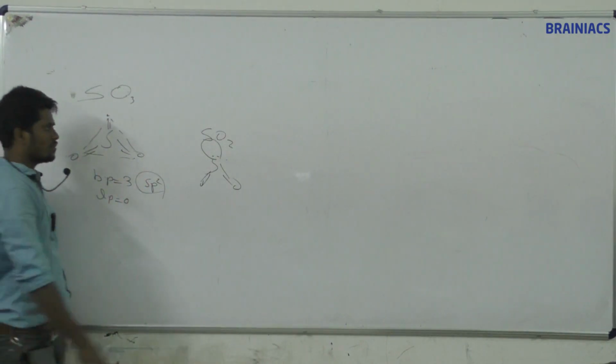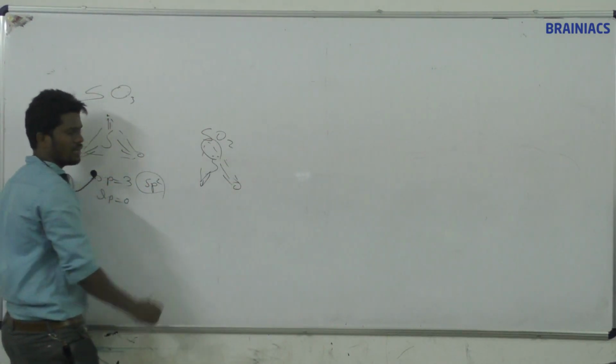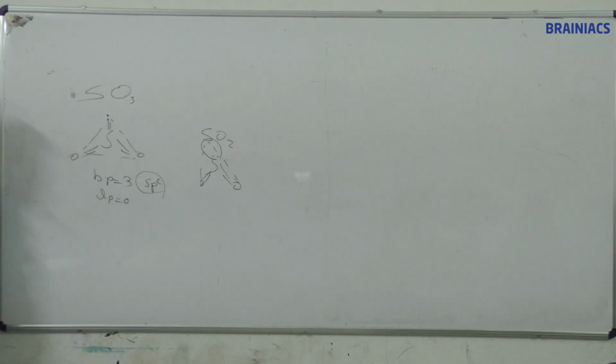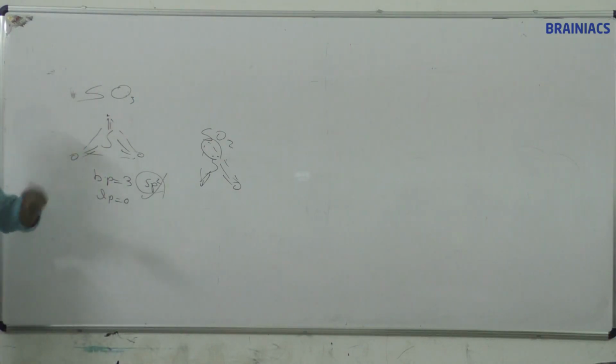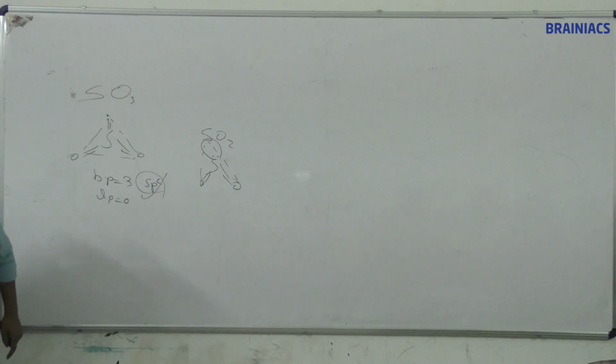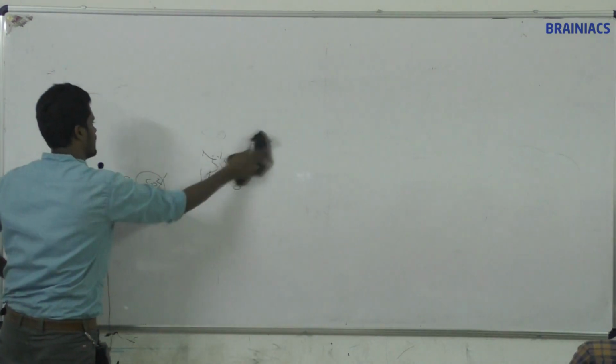Right? So what is the geometry? Trigonal planar. What is the shape? Angular or bent or V shape. What is the hybridization? sp2, right? 3 total pairs of electrons, 3. Okay, right? And the same way